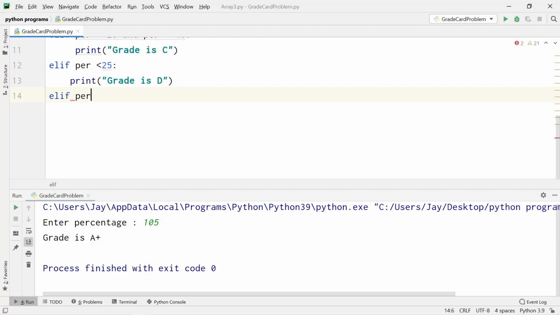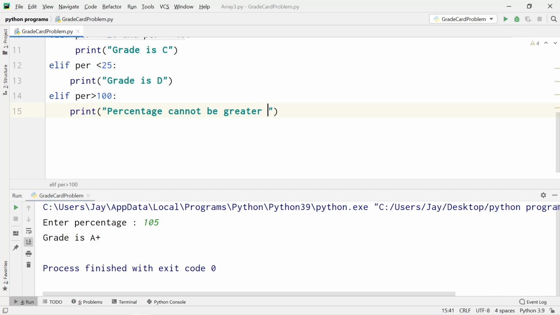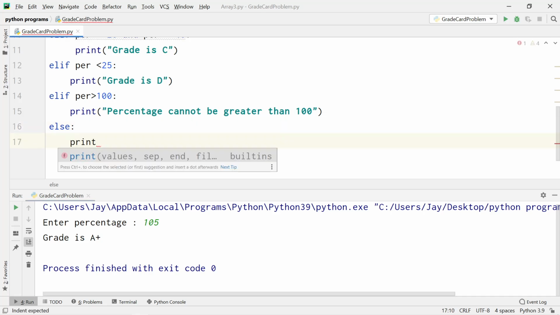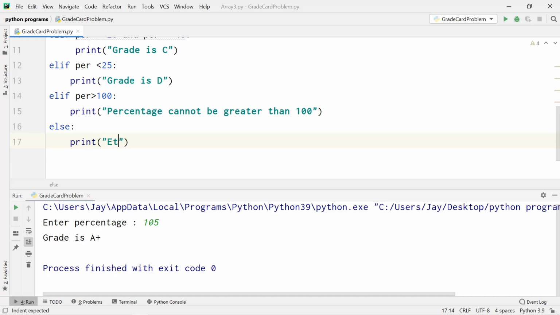Elif percentage is greater than 100, we have to print percentage cannot be greater than 100, and we'll just keep the else part as it is, saying enter valid percentage.